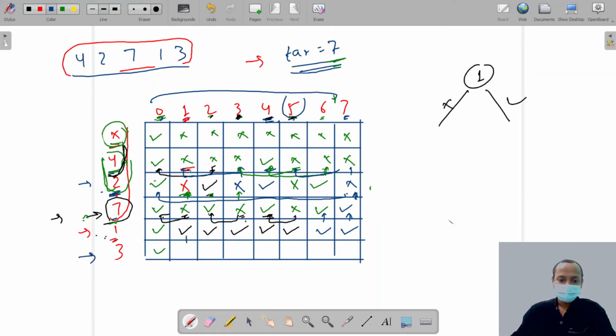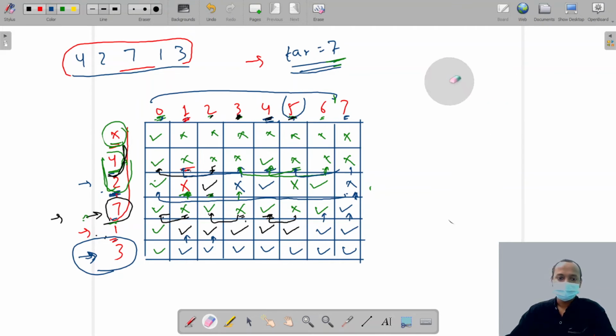First we ask the rest of the team, can you make 1 run without me? They say yes. Then we move to this. Now we ask, can you make 2 runs? They say yes. So without this player, we are able to achieve the target. So the rest of the team achieves the target, right?